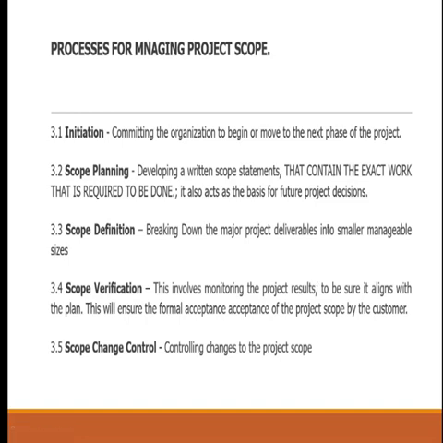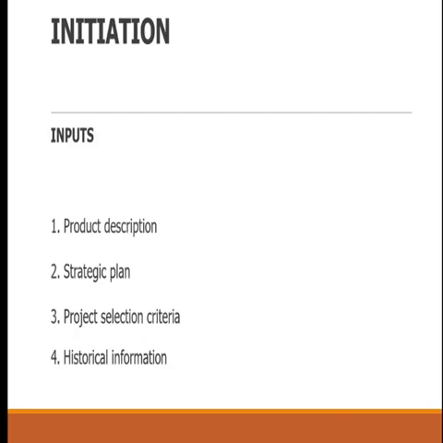There are 4 processes, or 5 as it were, to help you manage project scope. 1, initiation. 2, scope planning. Are you seeing it now? 3, scope definition. 4, scope verification. So 1, you must initiate your scope officially. 2, you must plan your scope. 3, you must define. The word definition means break down your scope. 4, you must verify. In other words, you must control the scope. Then finally, you must ensure you do scope change control in case the scope is about to move out of the original plan. Let's quickly look at this now.